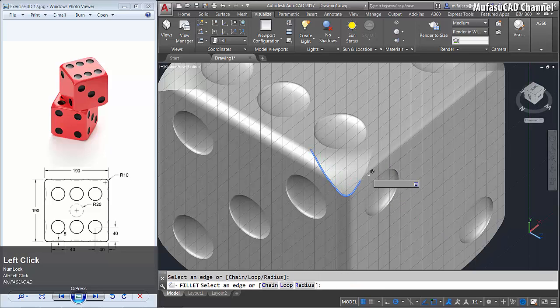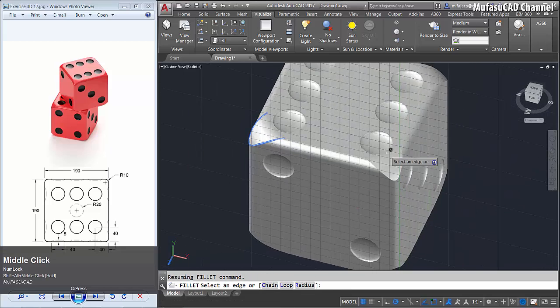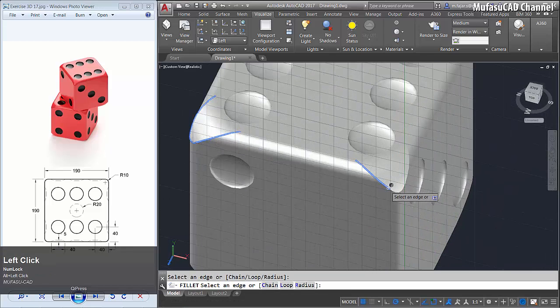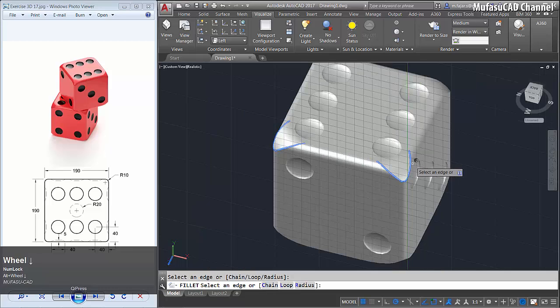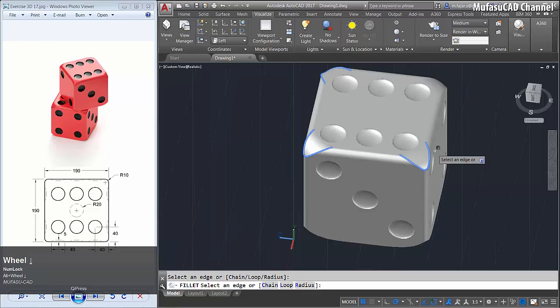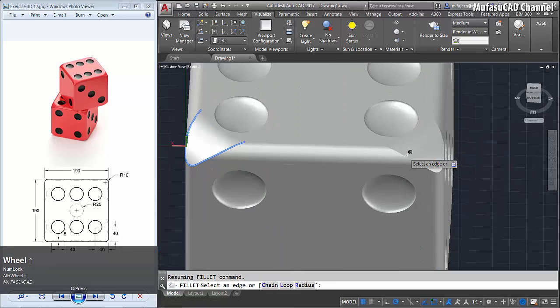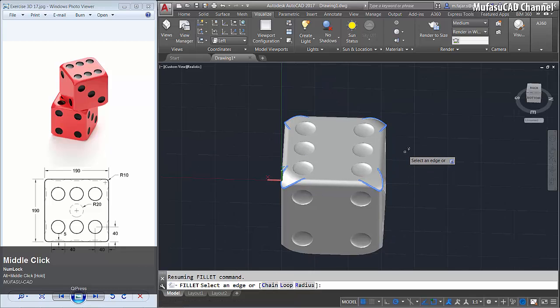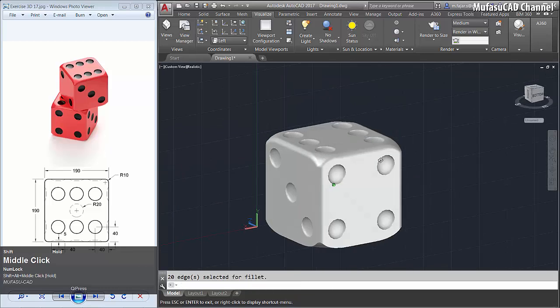Okay, in the corner, we can select this all edge in the corner. Okay, we select this edge, and then we select this edge. Okay, press enter to violet.